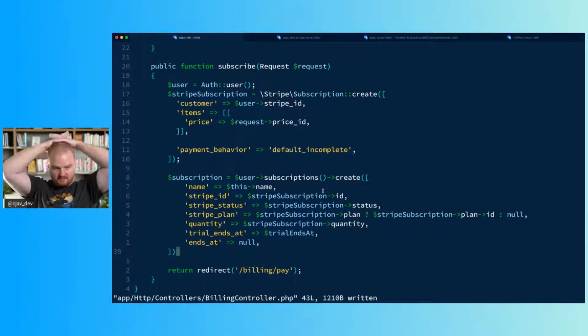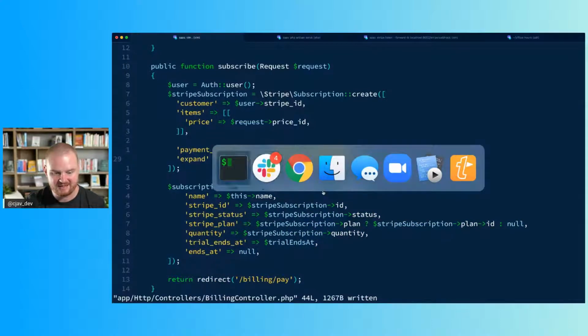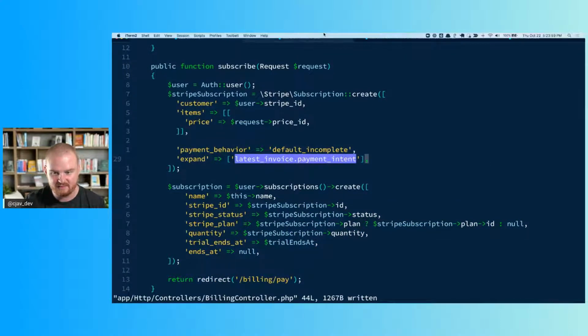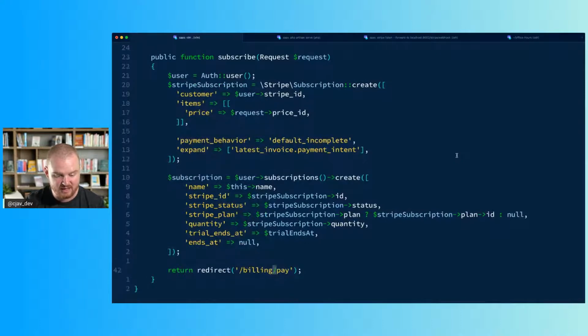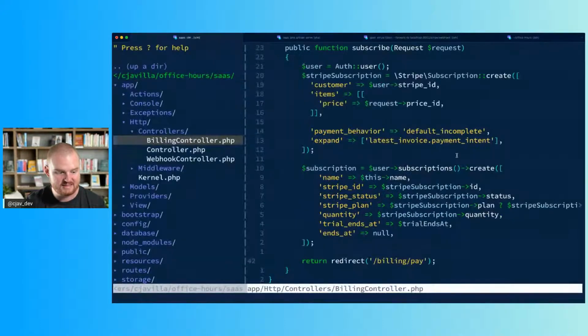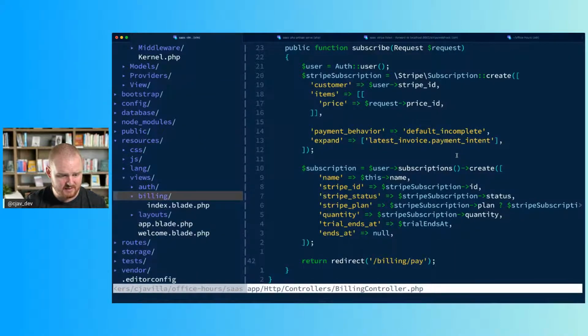I think we do want to render a view because the next step here is that we want to confirm the payment intent client side. Latest invoice.payment_intent. So when we create the subscription and it comes back, it should be expanding the latest invoice's payment intent. Then we're going to pass that to the client side and use that to confirm the payment on the client side. So instead of redirecting to billing here, I'm going to add a new view under resources, views, billing, and it's going to be called